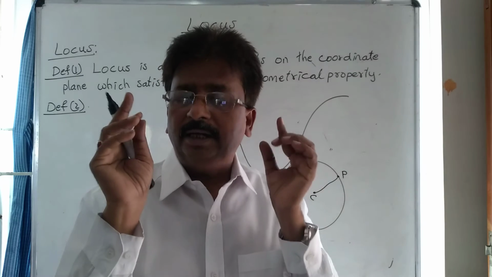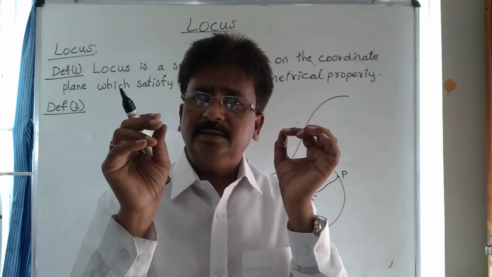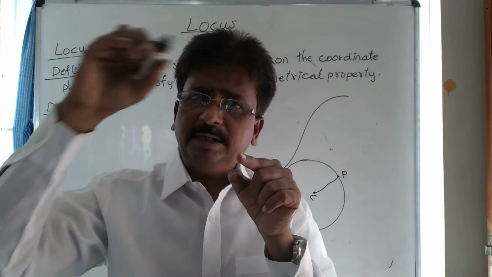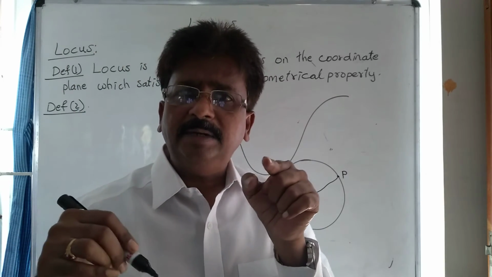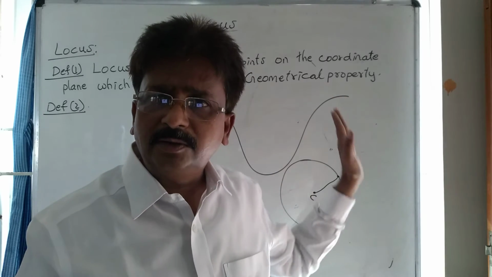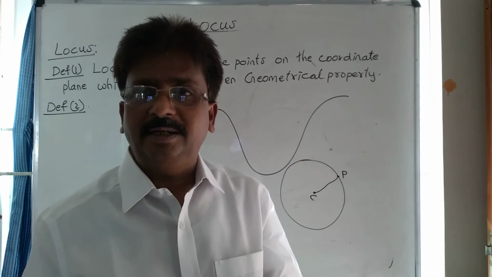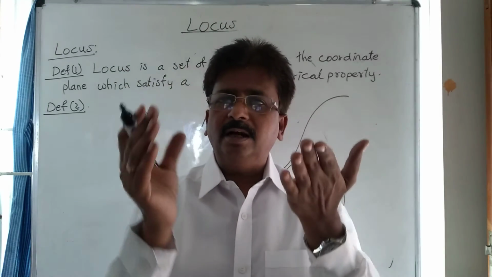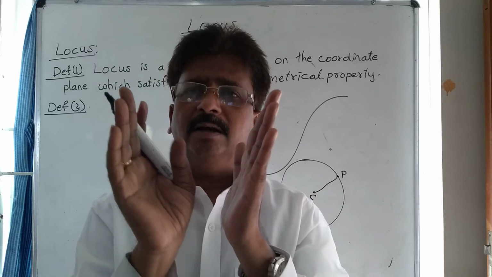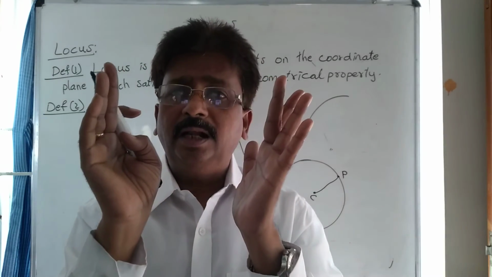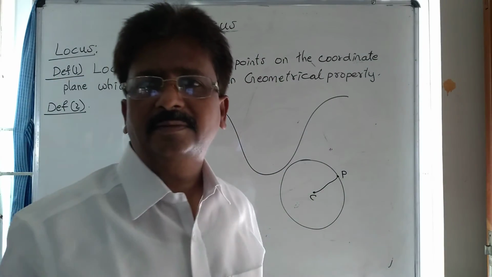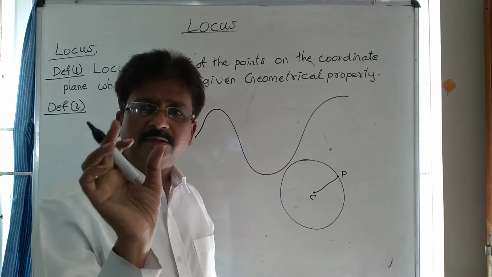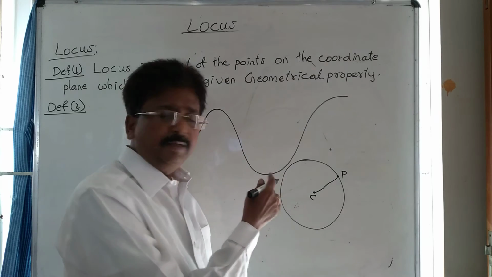So therefore we can understand that the point P moves under some condition, a geometrical condition. What is that geometrical condition? We have to say it in our mathematical language. In ordinary communication language, the circle can be drawn whenever the distance between the legs is not changed. So that the distance between the legs is not changed, that condition can be set mathematically.